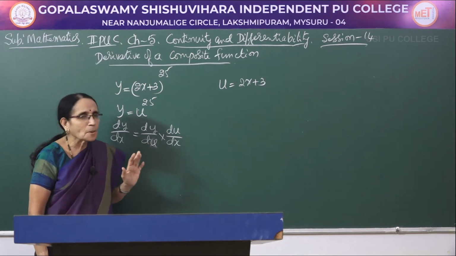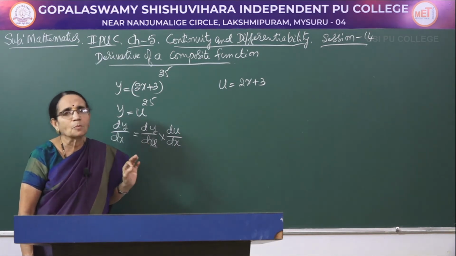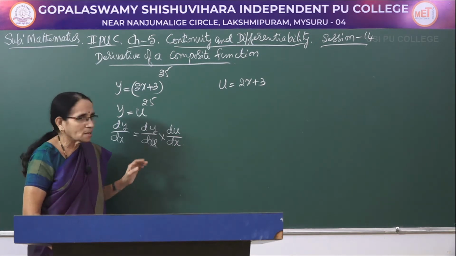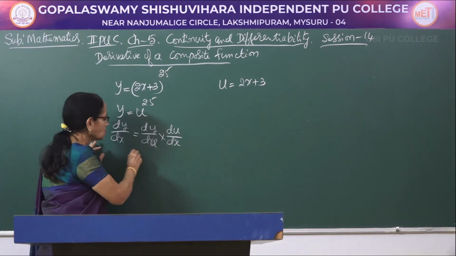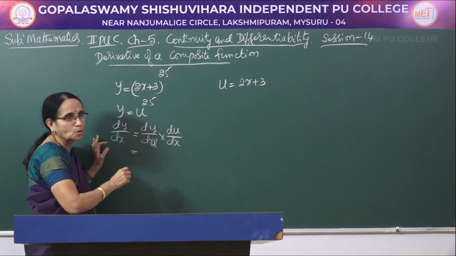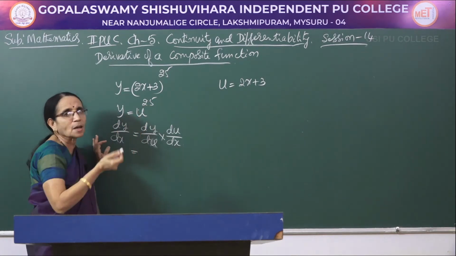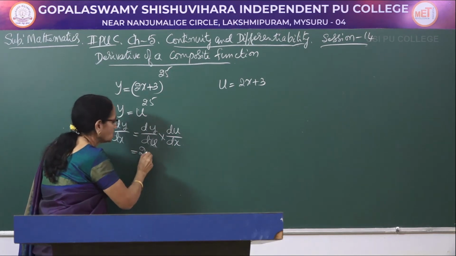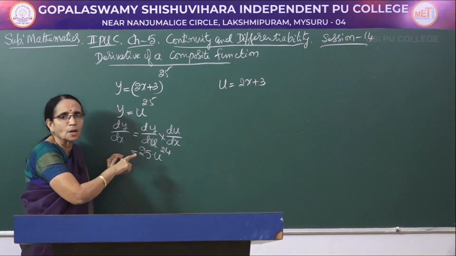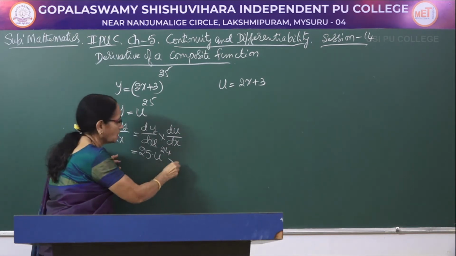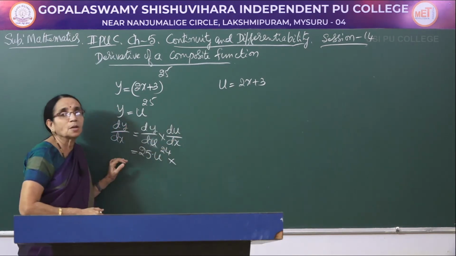So afterwards, since we will be considering only composite functions, we have to apply the chain rule. So come to the first part, dy by du. So y would be differentiated with respect to u. Apply the x power n formula, that is 25 into u to the power 24, n into x to the power n minus 1, into what you write for du by dx.